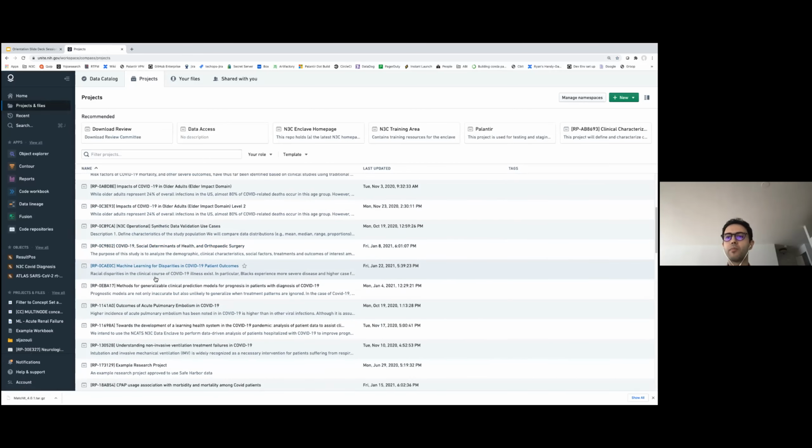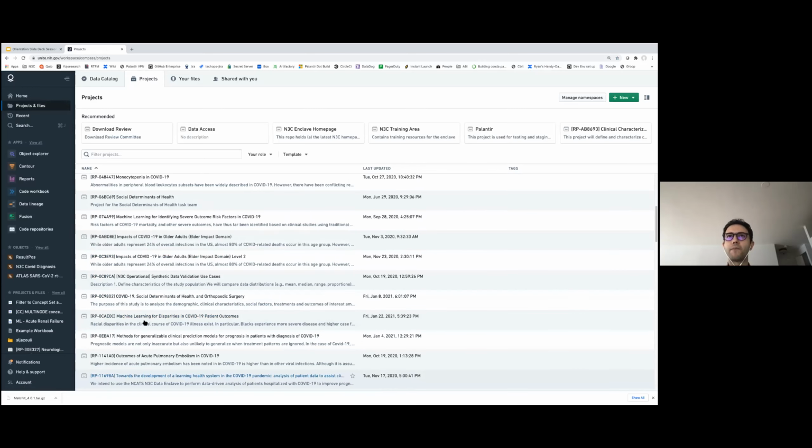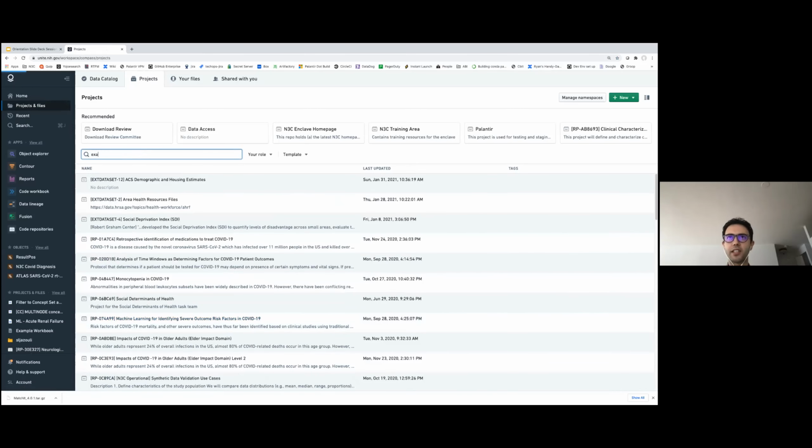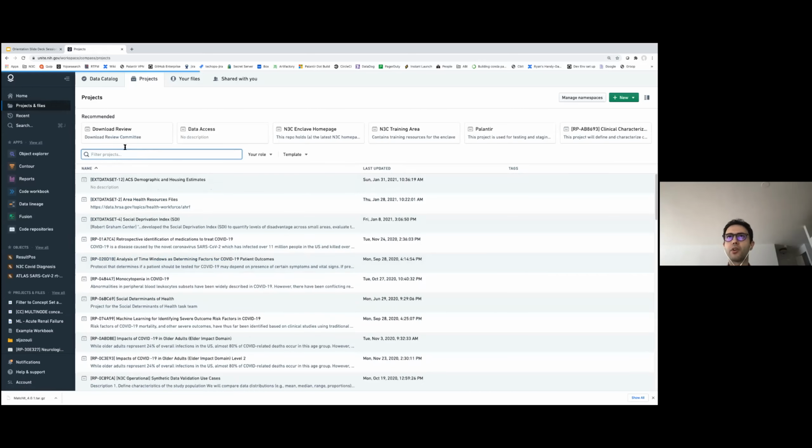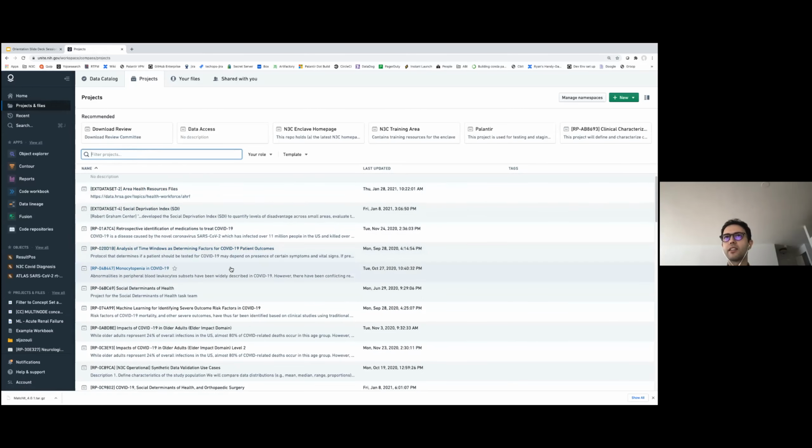Obviously, you'll be able to access the ones that you've been permissioned to. You can filter by project and start typing the project name to search for the project you're looking for. That is the list of the existing projects.